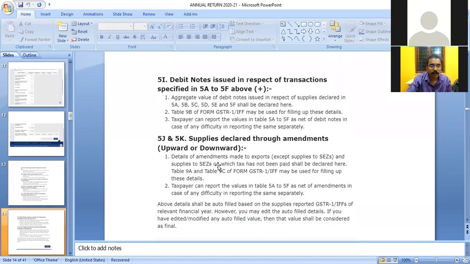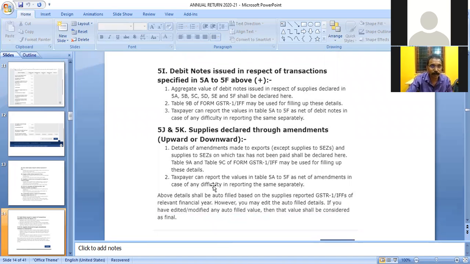Then columns 5J and 5K: supplies declared through amendments, supplies reduced through amendments. Here also, if any mistake was committed in filing form GSTR1 and it is corrected in form GSTR1, it shall be declared here. Table 9A and table 9C of form GSTR1 or IFF shall be used for this purpose.